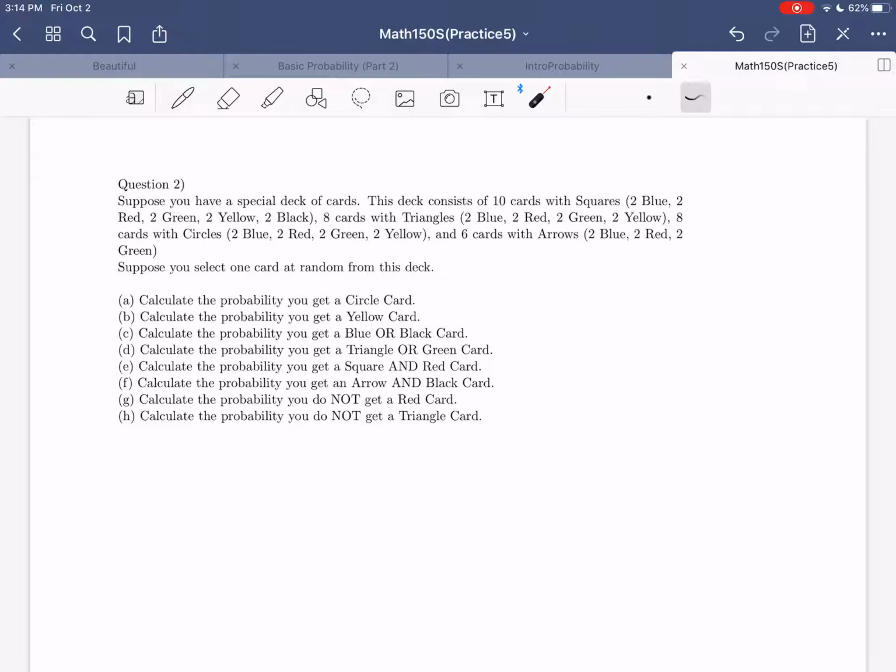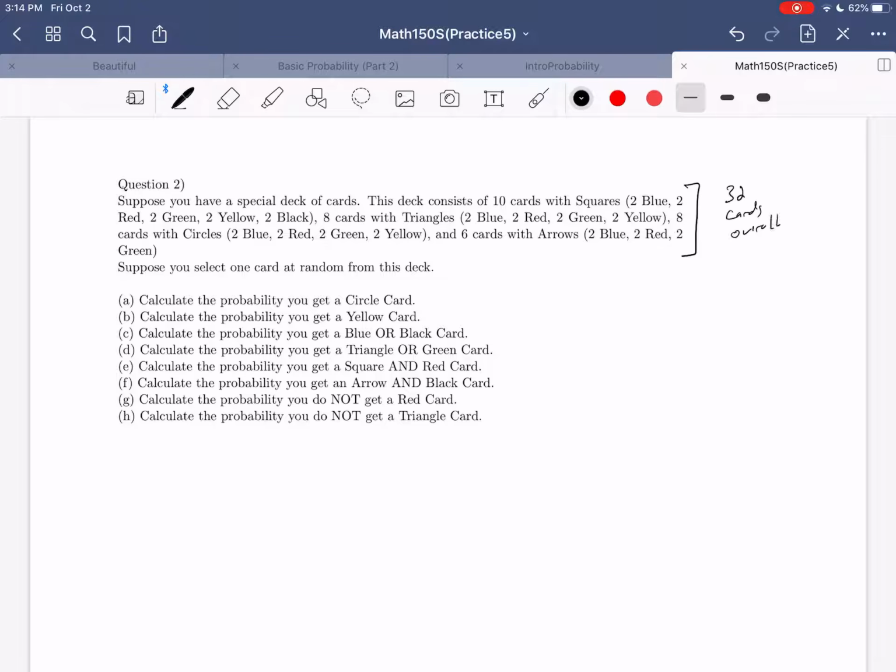Okay, so the first thing we probably want to make a note of is how many cards there are in this deck. We know there's 10 with squares, 8 with triangles, so that's 18. 8 with circles, that's 26, and 6 with arrows, that's 32. So we have 32 cards